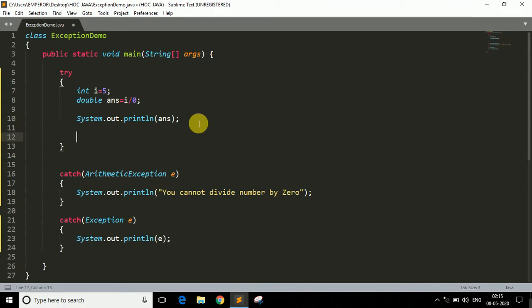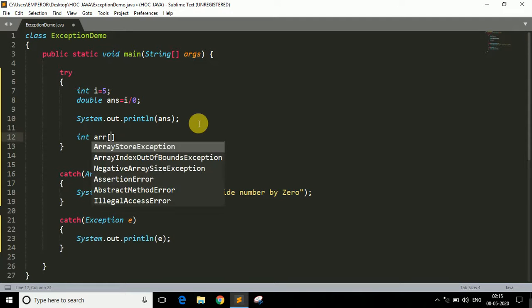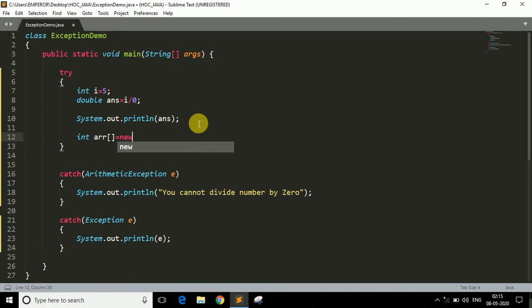So how to create an array? Specify the type of array, integer for example, then the name of the array, arr for example, equals new, which is used for memory allocation, and again int, and within these square brackets we have to specify the size of the array. So let's say the size is 5. It means this arr array is able to store in total 5 elements, right?